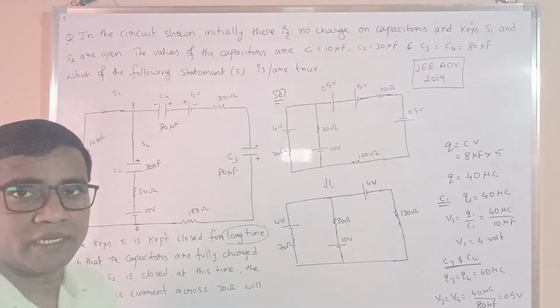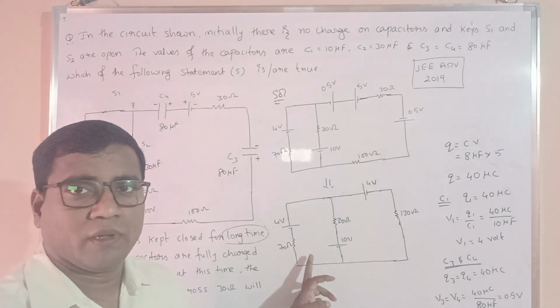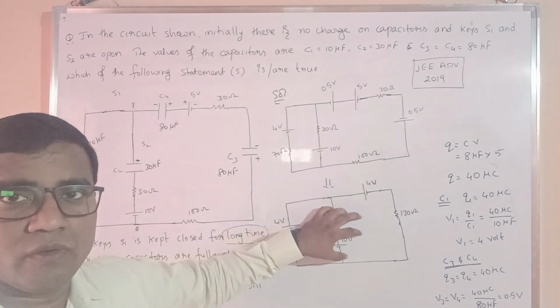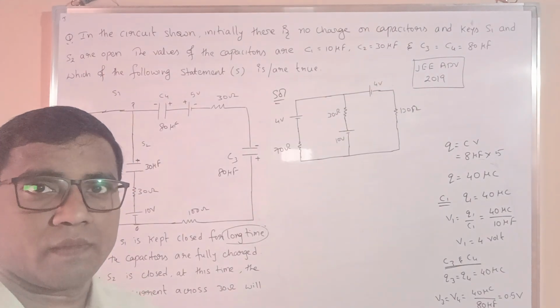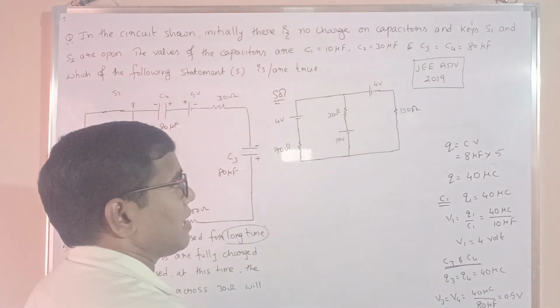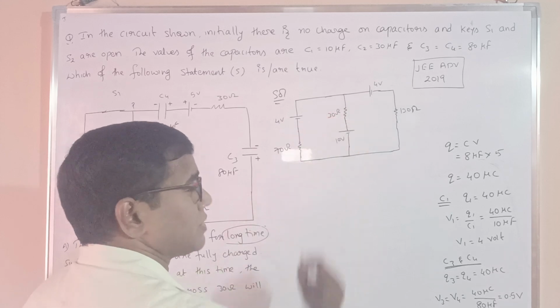This is a modified circuit. Again here I can apply the loop rule. By using the loop rule, I can find out how much current is flowing through the 30 ohm resistance. Now see, here, by applying KVL, I will try to find how much current is flowing across the 30 ohm